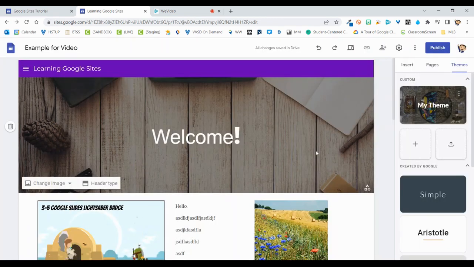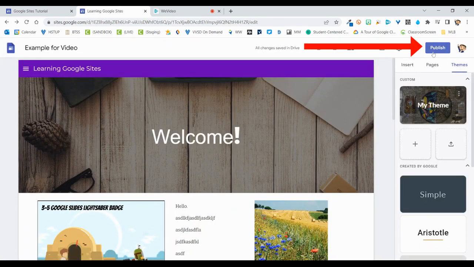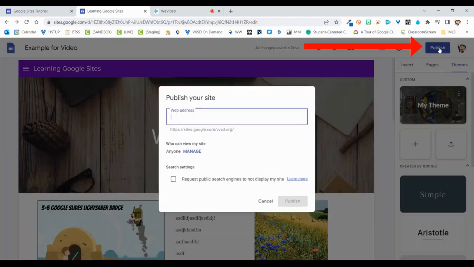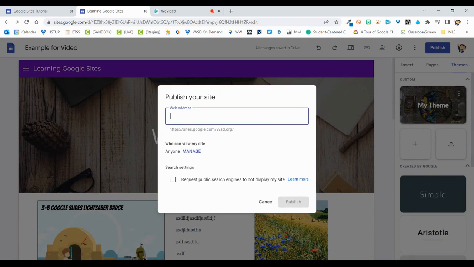So if I click done right here, the publish button is the top right corner, and this is separate from adding collaborators. To publish a website, first you have to give it an address. And notice that it will add on sites.google.com/vvsd.org/whatever you create. Now, the words you choose for this web address must not be prior used